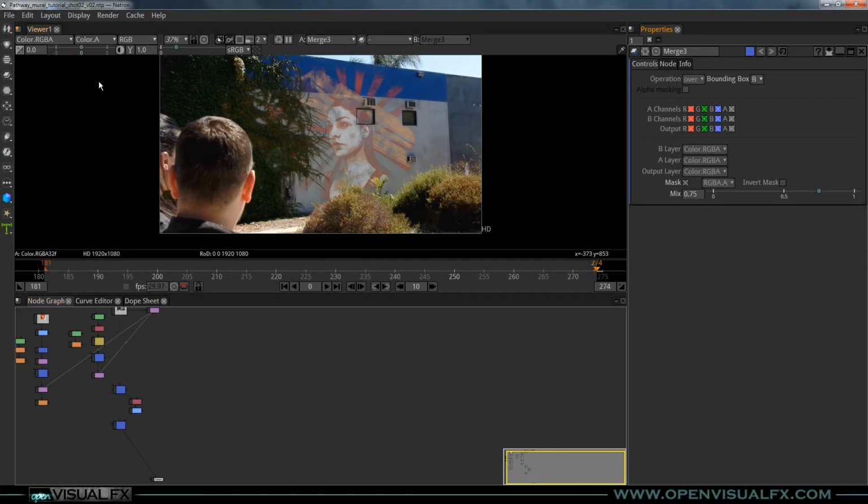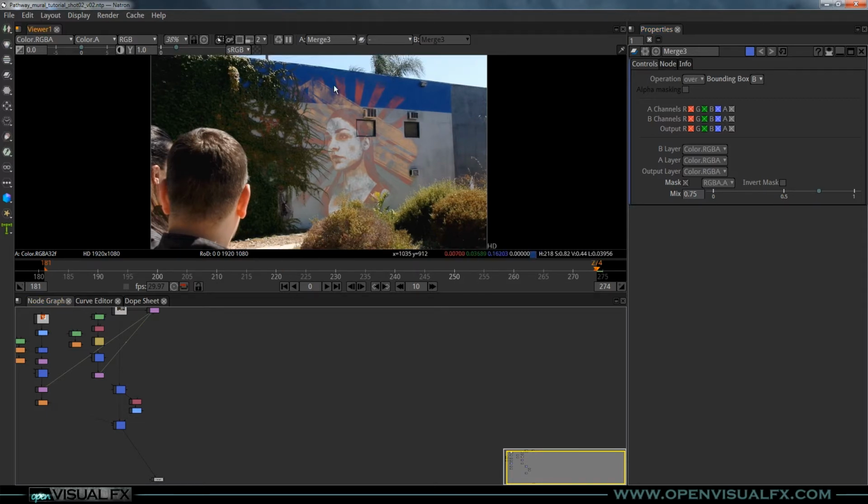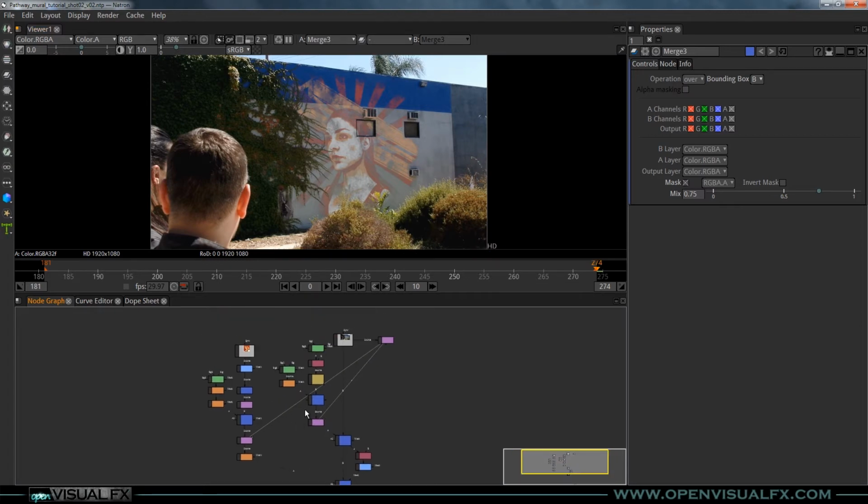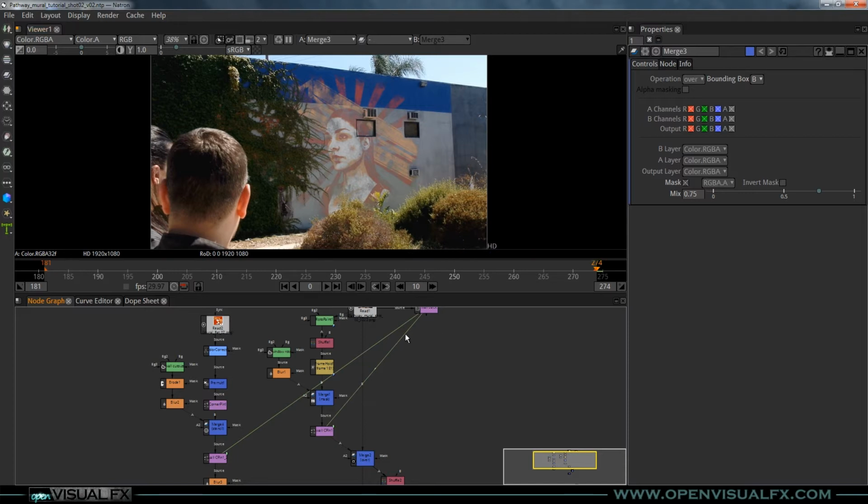I've just opened my Shot 2 version 2 project to get started on it. What we're going to do is put the graffiti on, which should go pretty quickly and painlessly. We'll learn a couple more techniques about shuffling alphas around and resizing things. So you can see I brought this in, and the first thing you'll notice is that these